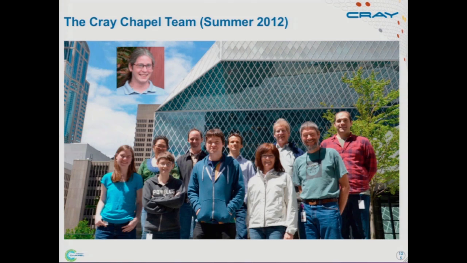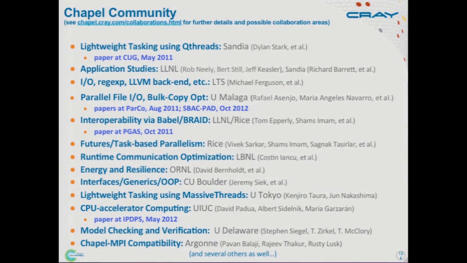Here's a family portrait of the Chapel team as of last summer. Here's the broader Chapel community, and this is a pretty big laundry list. But the point is, there's a core team at Cray. We're currently 7 or 8 people, and we're trying to grow it up to about 12. But then both domestically and internationally, there's a large community of academics, national lab people, a few people in industry, working in a lot of interesting areas that we don't have time within the core team to do. So again, something to refer to offline. If there's a collaboration area that you think we don't have covered and you think would be interesting, we're always open to new collaborations, assuming they make good mutual sense.